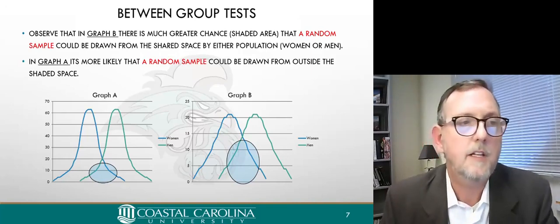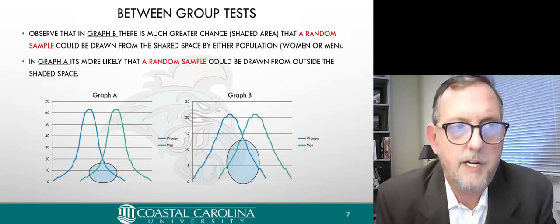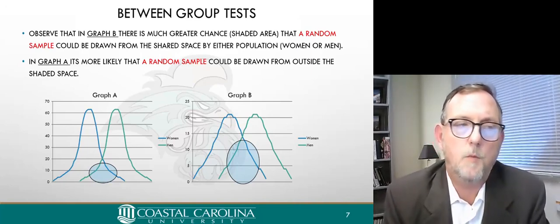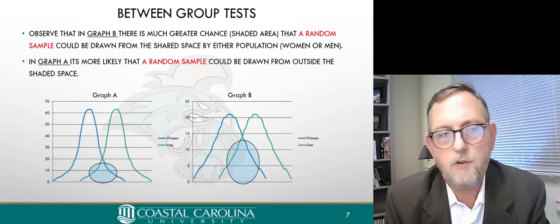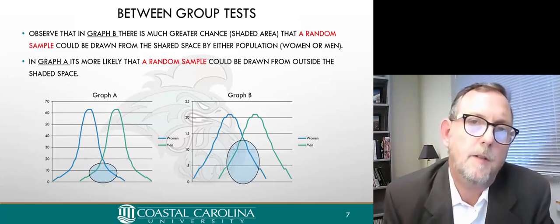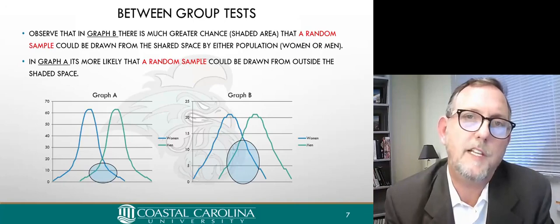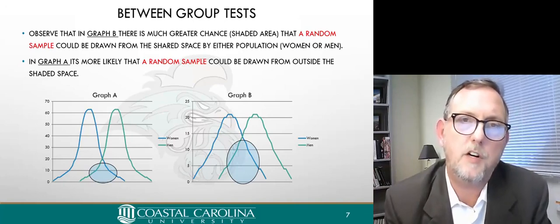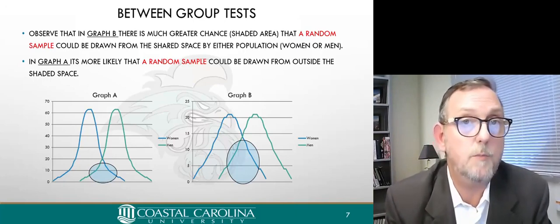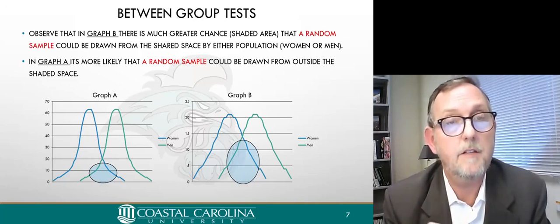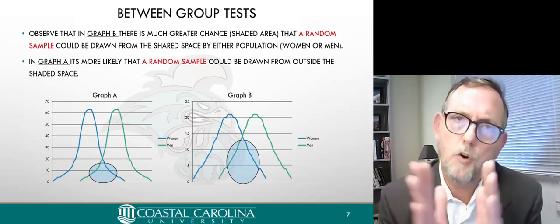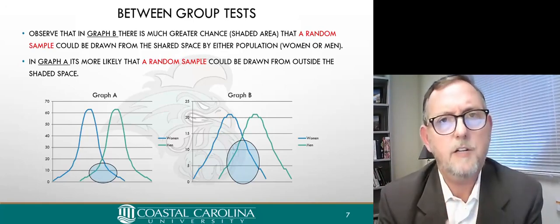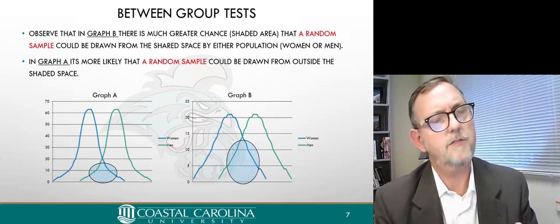Okay, so let's say we're taking these random draws, and we look at group A. If we took a random sample from a distribution in graph A, the odds of grabbing a person who falls between the two, so either a woman or a man who falls in that middle range, the odds of that are less in graph A than the odds of choosing the same type of person in graph B. In other words, that overlap, because it's larger, increases the probability of an inconclusive